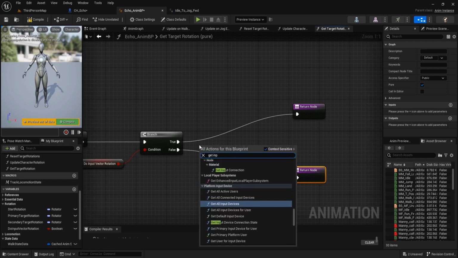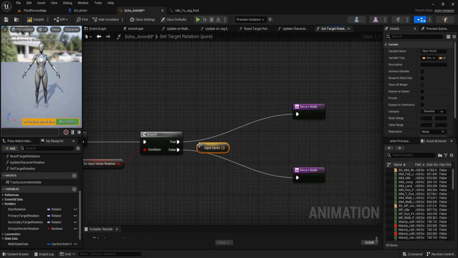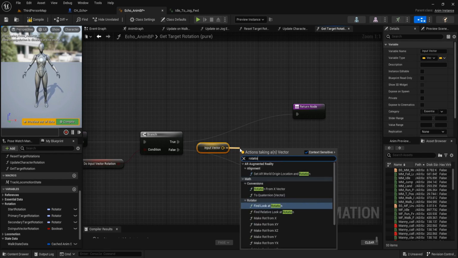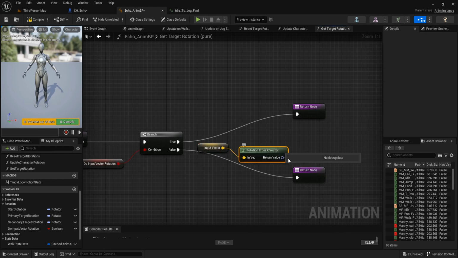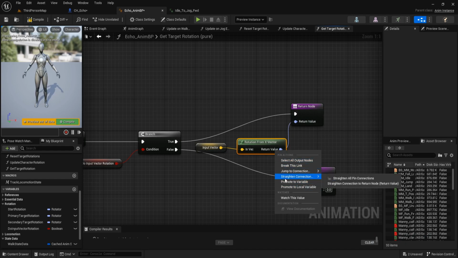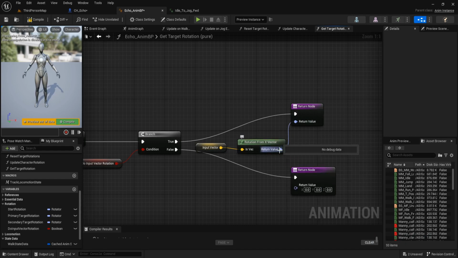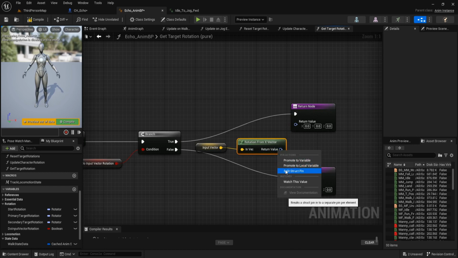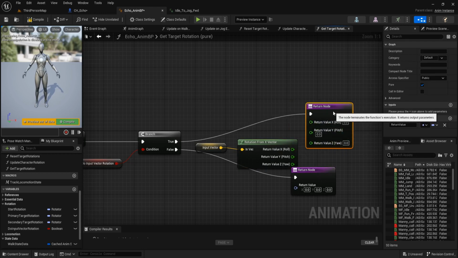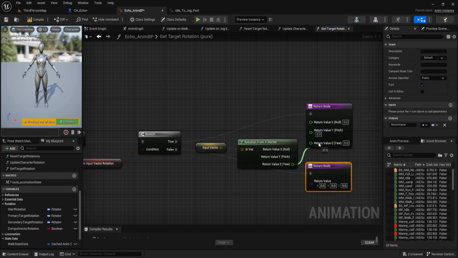Get input vector, then call rotation from X vector, connect it to the return node, and then disconnect it and split struct pin, and split this struct pin too, connect it to yaw.